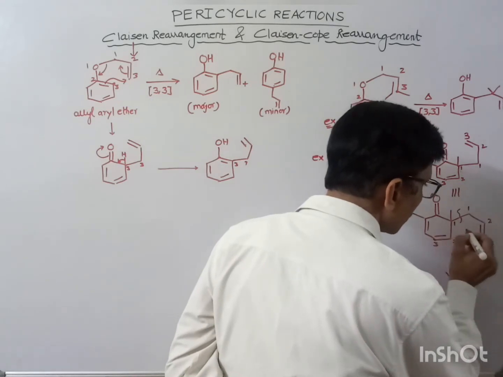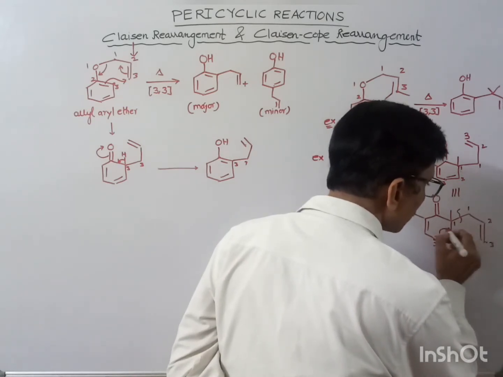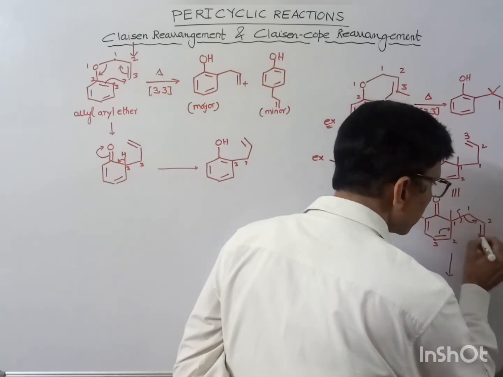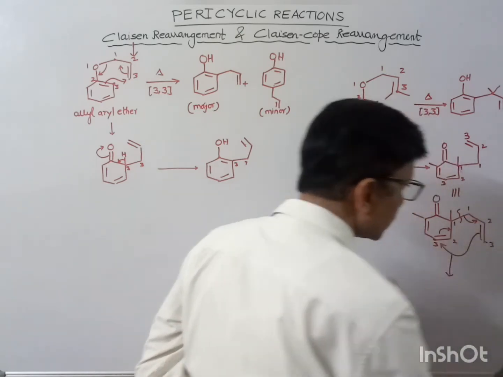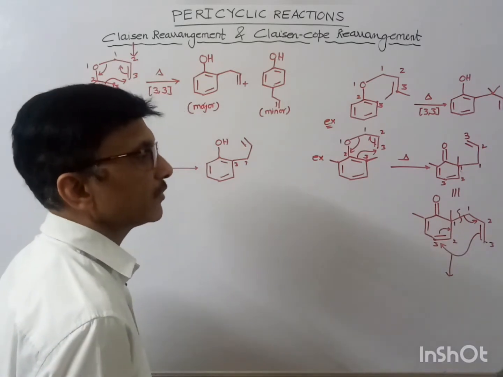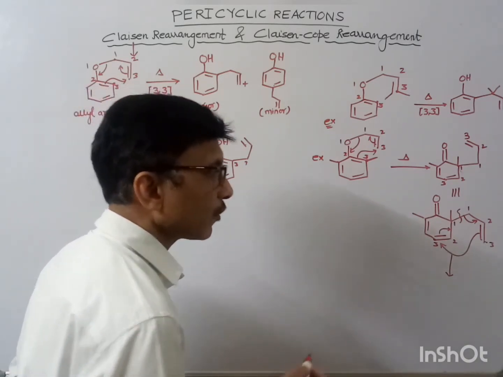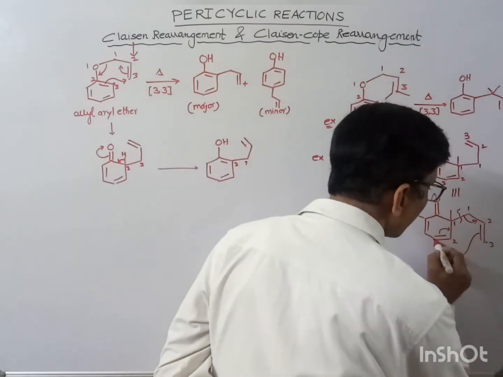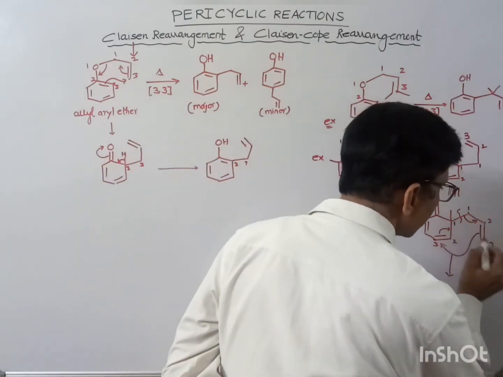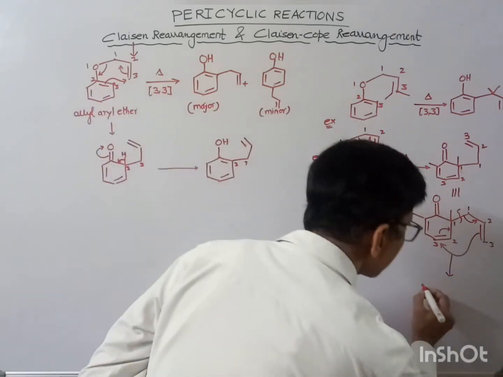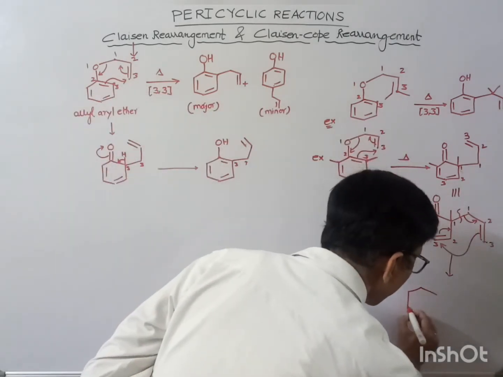So here if you will see, this bond, double bond will come over here, this bond breaks and cyclic shift of electron starts, and again if you will see, then a 6-membered transition state would be formed. So how 6-membered? 1, 2, 3, 4, 5, 6. This 6-membered transition state would also be formed over here, and finally you may write